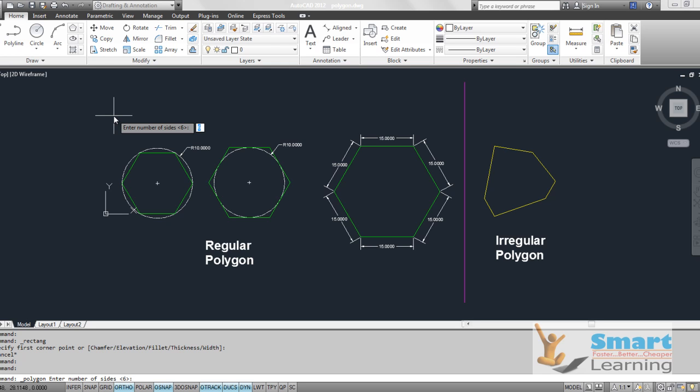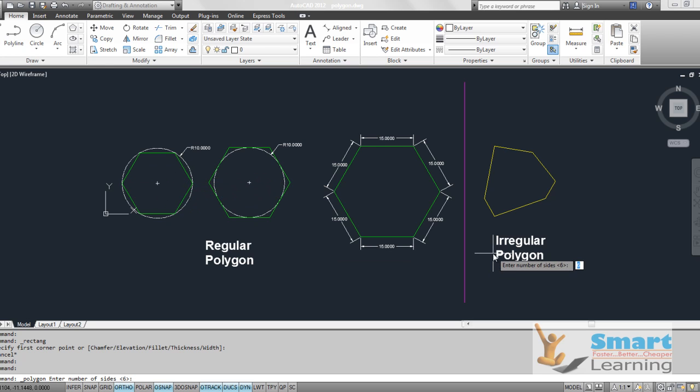If you see these three different polygons and the right side another polygon, you can classify them broadly into two different categories. One is the regular polygon, another is the irregular polygon. In case of a regular polygon, all the sides of the polygon are the same and they maintain an equal radius from the center.